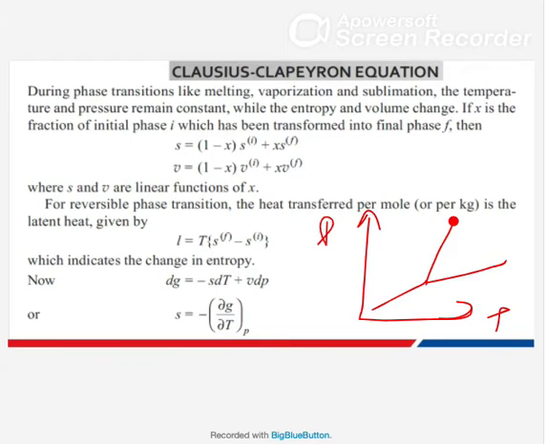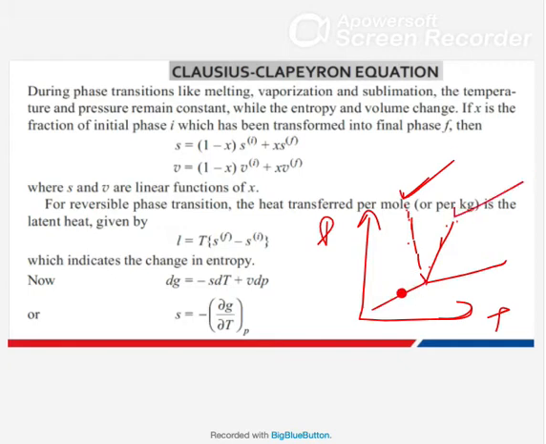If you remember, I told you that for water this curve will have a negative slope, and this will be positive. I told you while we were studying that topic that I will explain in this thermodynamics relations chapter why we get this as negative. It is a mathematical proof of why we get this slope. For water this slope is negative, and for other substances this slope is positive.